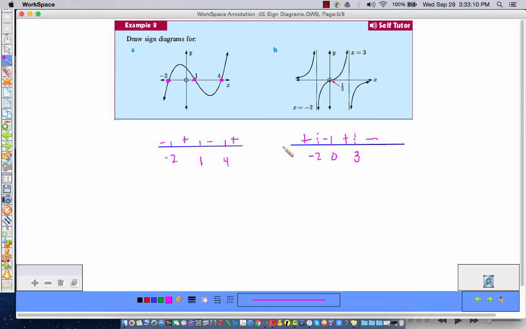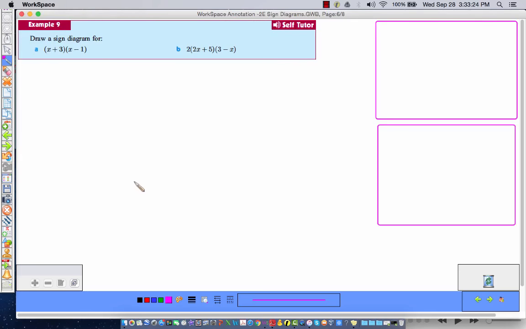Okay, so it's not ever or hardly ever going to be a graph where we need to make a sign diagram, because usually what we're going to do is use a sign diagram to help us graph. So what if you just have a function here? Draw a sign diagram for this. I wish it said f of x on there, but it's okay. We're good. So the first thing we need to do is find the zeros of this. And so we set it equal to 0. And I think we can clearly see that x is equal to -3 and x is equal to 1. So my critical points are going to be -3